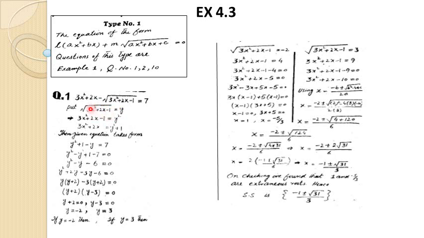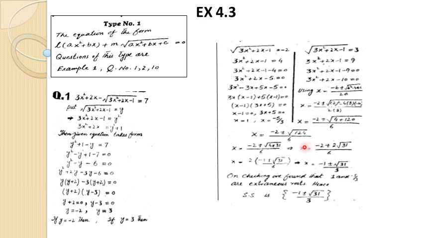Then 3x square plus 2x minus 1, we should just put it down as a supposition. Now after that, squaring both sides, y square is equal to 3x square plus 2x plus 1. So 3x square plus 2x is equal to y square plus 1, minus y is equal to 7. This is a reducible quadratic form, meaning two factors. Put it back into the original equation, that is the supposition. So again you can see that x is equal to this and x is equal to this. This is simple algebra that you have learned in matric.